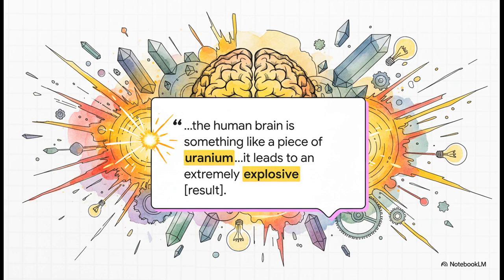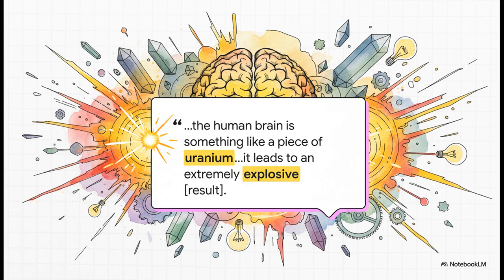Our guide for this is actually a lecture given way back in 1952 by Claude Shannon, the father of information theory. He had this incredible metaphor. He said the human brain is like a piece of uranium. Below a certain critical mass, a new idea just fizzles out. But for some people, if they've reached that mass, a single new thought can trigger a chain reaction, a completely